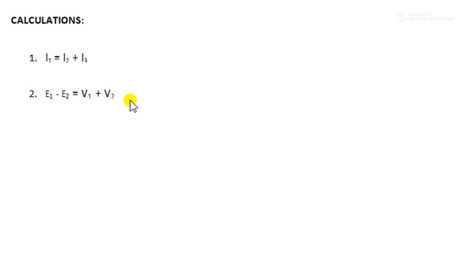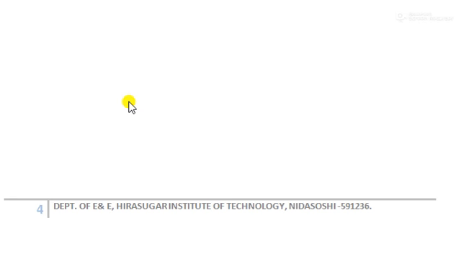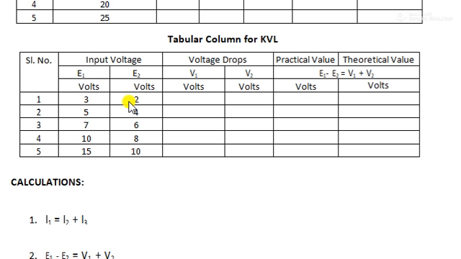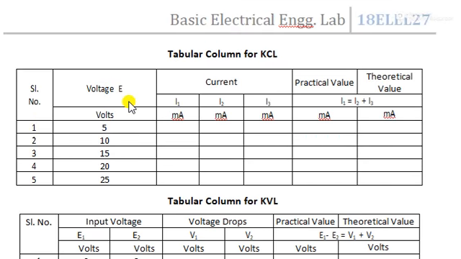Then conduct the experiment, measure the values practically, and after that verify the theoretical and practical values. After that you can write the Viva questions and write up the answers for them. The conduction part will be available in our next video for this experiment, so you can go through that. So this is the theoretical part of the experiment. The conduction part is in the next video.